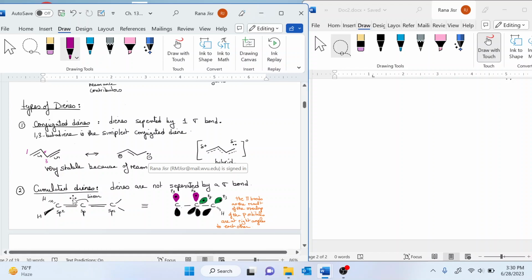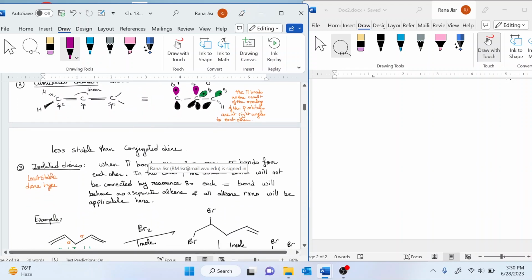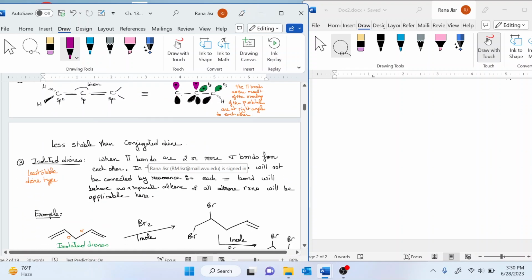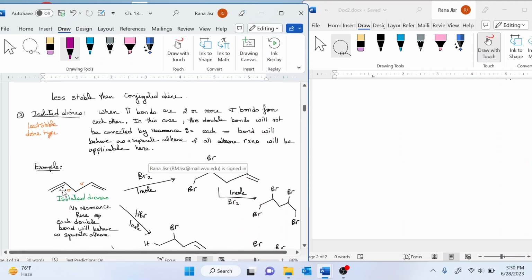We have three types of dienes: conjugated, cumulated, and isolated. The most stable is the conjugated because they have resonance. And the least stable is the isolated because in the isolated dienes, there is no resonance. Isolated dienes means that the double bonds are separated from each other by two or more sigma bonds, compared to